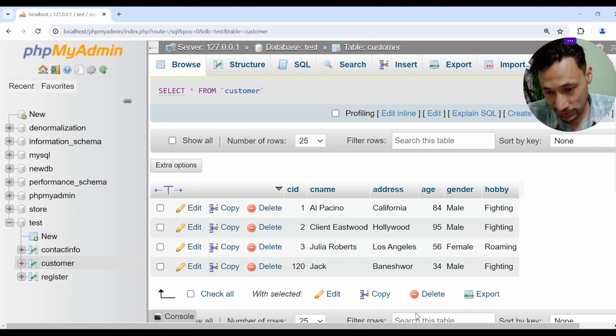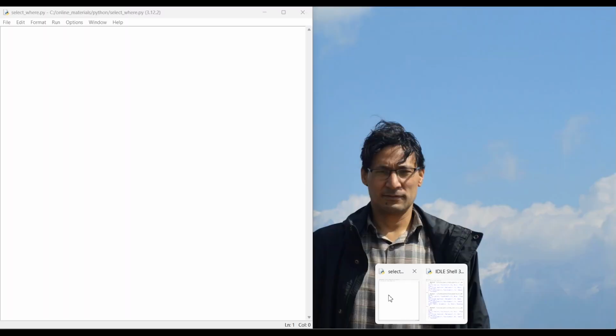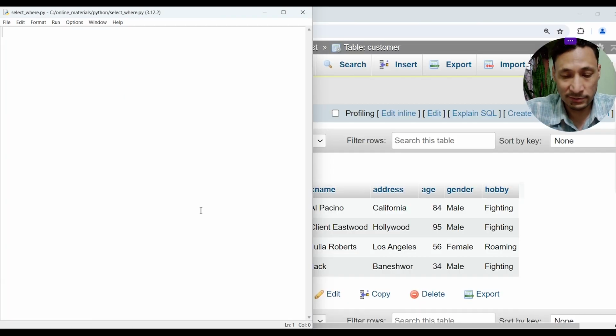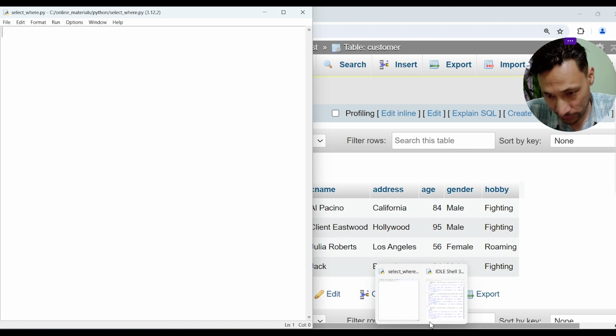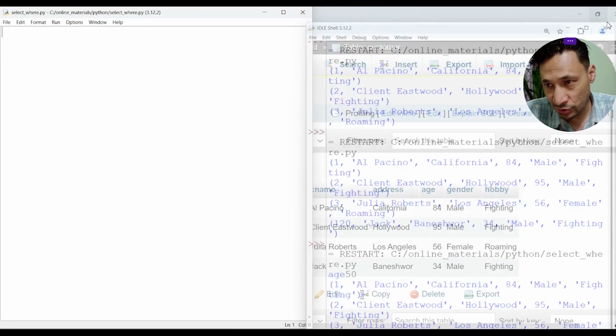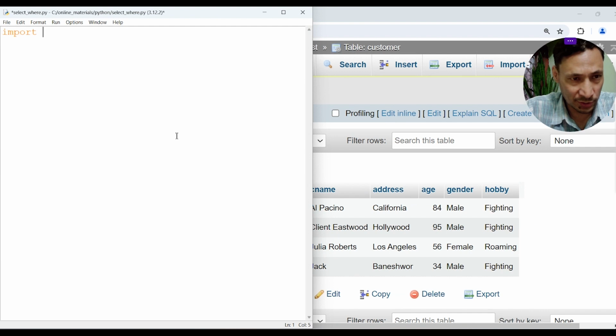Okay, now let's see the Python code here. Okay, let's write this. I have another window, I will close this. Now let's import mysql.connector. This is the package we have to import. Then we have to make the connection object, mysql.connector